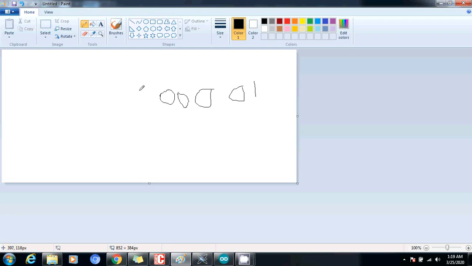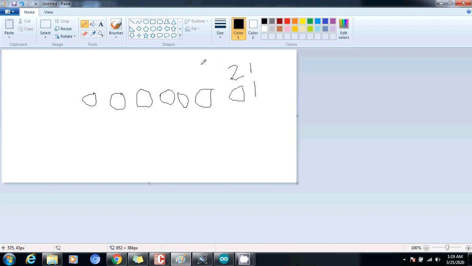I know my handwriting is not very good in Paint, but I hope it's quite visible. So here we have 8 pins, and now just suppose that only the first pin will generate a high logic, and the other 7 pins will be low. So how do we convert this? We will write 1 here,